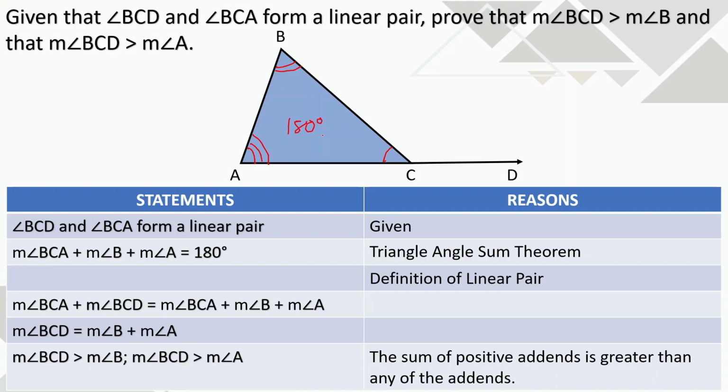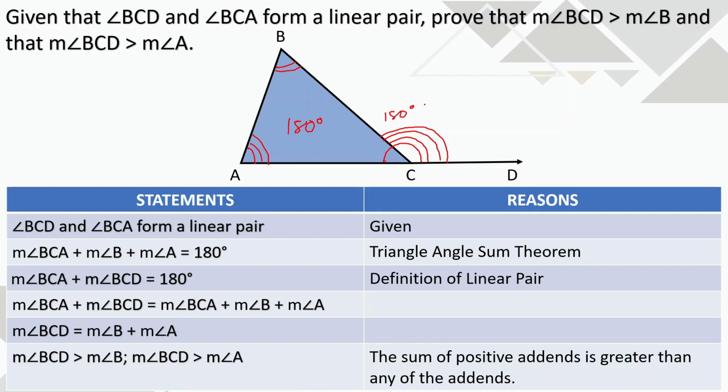180 degrees. For our third row, what can we say using the definition of linear pair? Okay, using the first statement, we can say that measure of angle BCA plus measure of angle BCD equals 180 degrees since they are a linear pair. So, these two, BCA and BCD, when you add them, they are going to sum up to